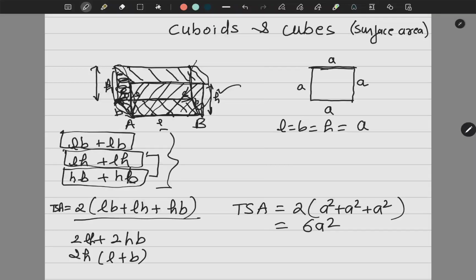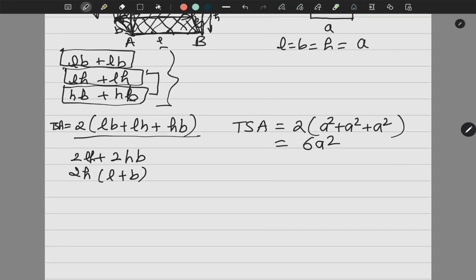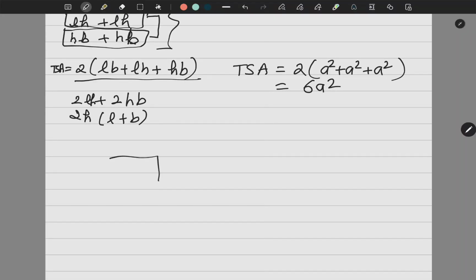Now in this I can make a variety of questions. One variety of questions which I can make is, if a cuboid is like this and I make it like this, will the surface area change or not? That type of questions are there. We will pick up the questions, don't worry about it. So this is the one category.